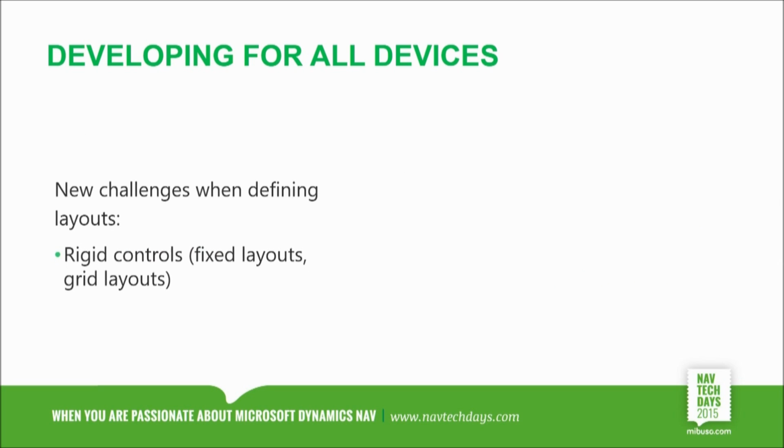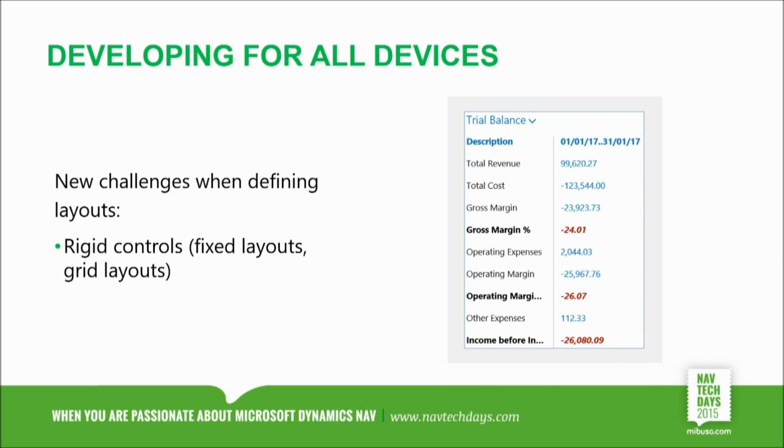And the other thing we want you to always be aware of is the fact that on the phone, rigid layouts, the rigid structures do not flow well. Try to avoid using them when you're developing across devices, because you will have problems with these structures in the phone. So try to use flexible layouts. Try avoiding grid layouts and fixed layouts, if possible. And if you really need to use them, then again, use the current client type variable in order to differentiate the